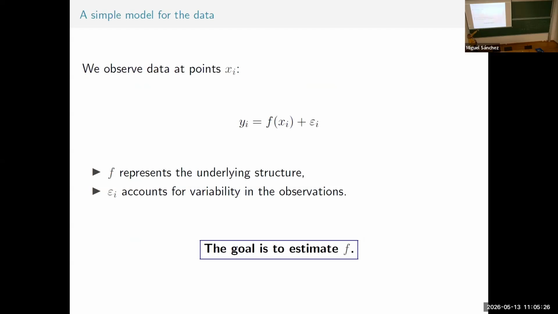So this is my basic model. Alex showed it before. I have some observations, and I assume I can decompose this in two parts: some unknown function plus an error. If I don't want to do any inference, if I don't bother about the error, I don't have to assume anything. But in my context, in general, you assume something because you want to give an uncertainty to your estimated function. So that goes with assuming something about the error.